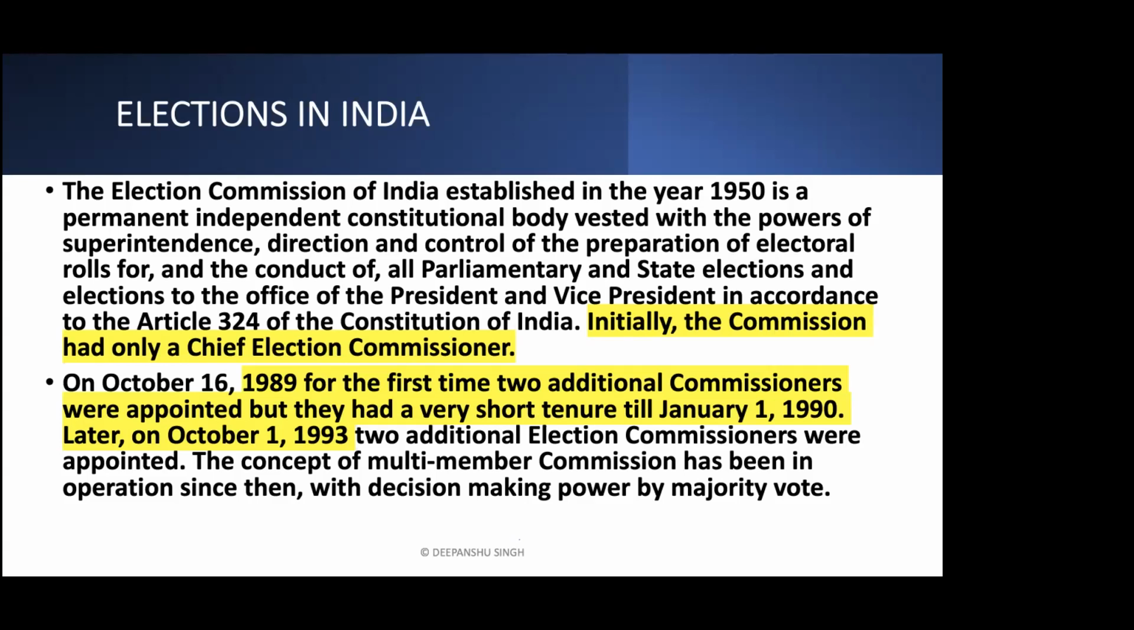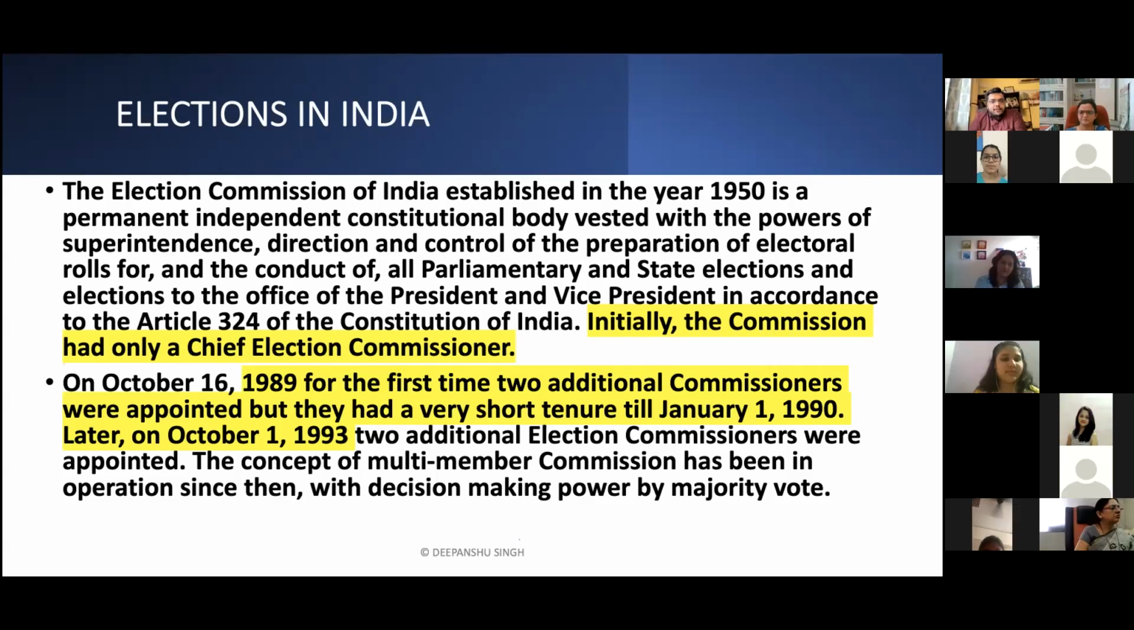So initially, the body was supposed to consist of a single member, the Chief Election Commissioner only. But then, considering how the population grew and the challenges grew, it was very difficult for a single person to manage the entire electoral process of India. So a need was felt that we should have more election commissioners. So the President, from time to time, at his discretion, can increase or decrease the strength of the Election